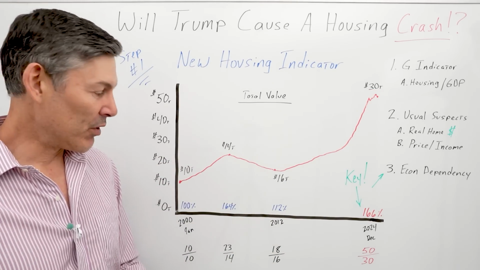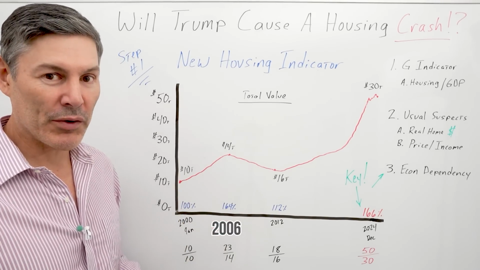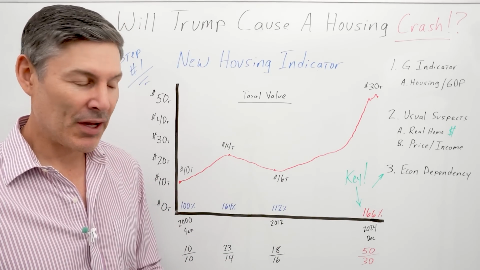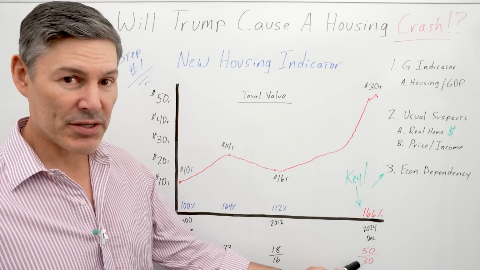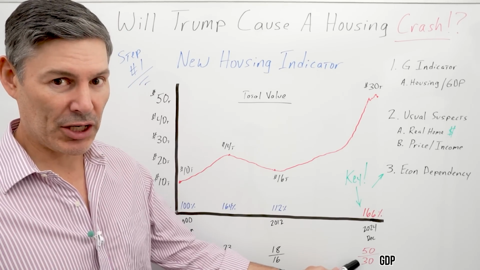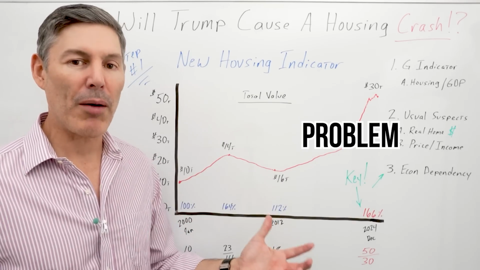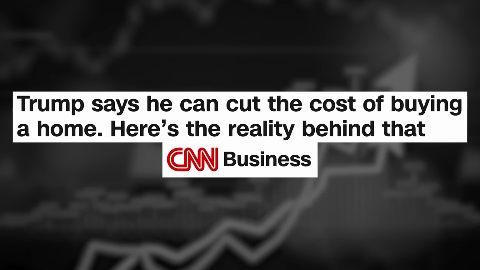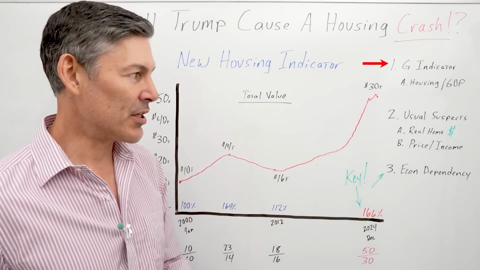So now we've gone from 164% in 2006, when we were in the last housing bubble, to what we are today, 166%. And that would be $50 trillion housing market cap versus a $30 trillion GDP. So the reason I'm going over this first is to show you the problem we have. And I think it's admirable that Donald Trump wants to bring down home prices. They're obviously way, way, way too high when you look at any metric, not just the G indicator, but all